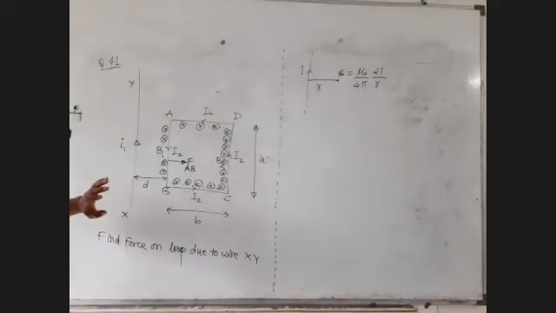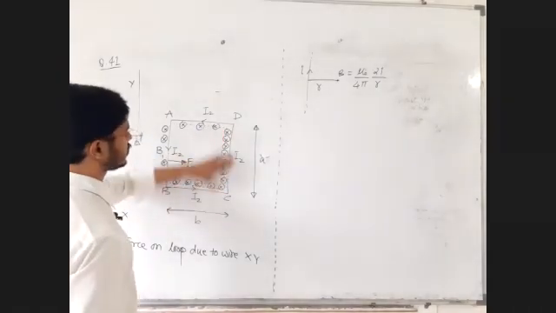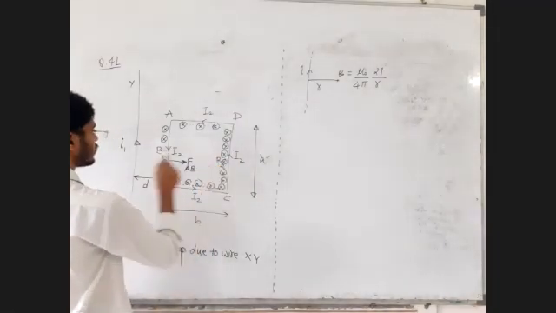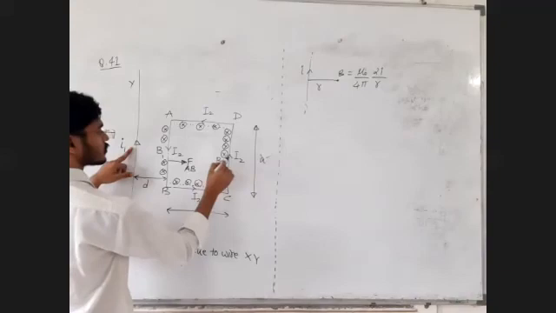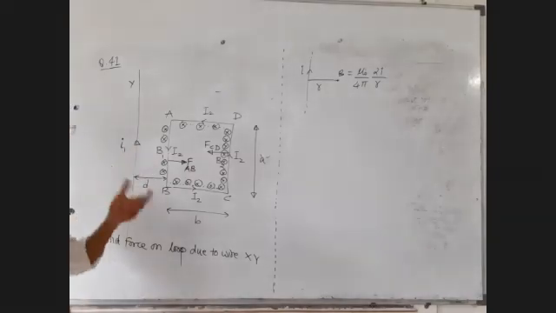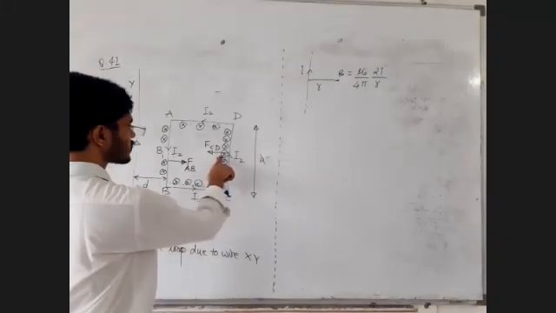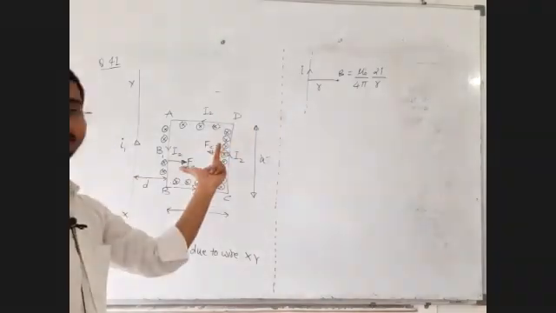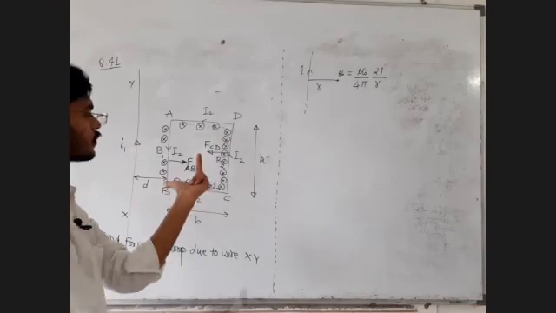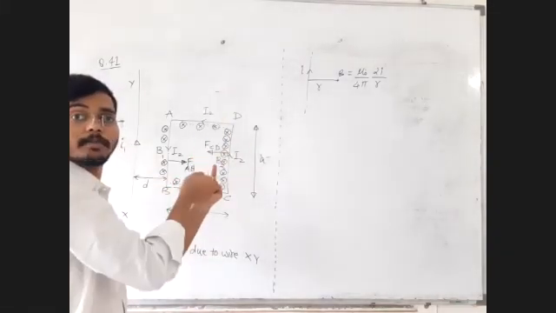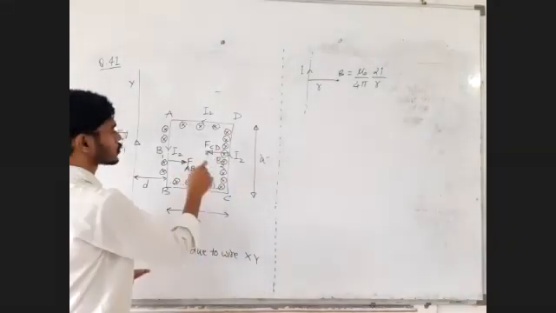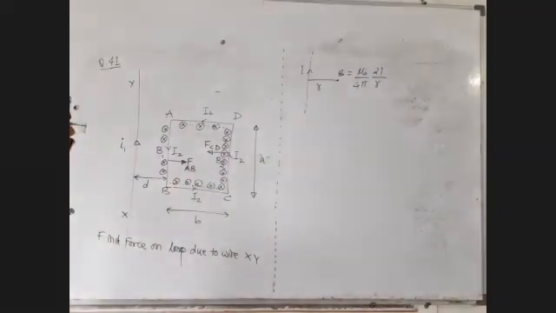आता CD वरचा force काढा. The force on CD will be what? Like currents, sir. These are like currents, so they will attract. Force on the wire CD will be like this. Or you can use the Fleming's left hand rule. Magnetic field going inside, current going upward. Very easy. First finger going inside, middle finger going up, thumb leftward, so force leftward. That could have been also used.